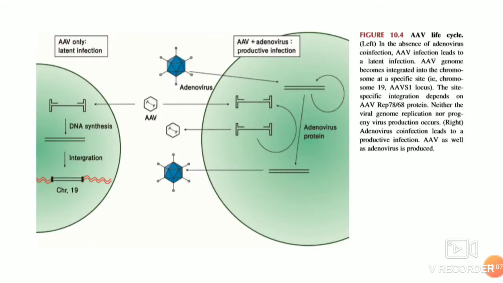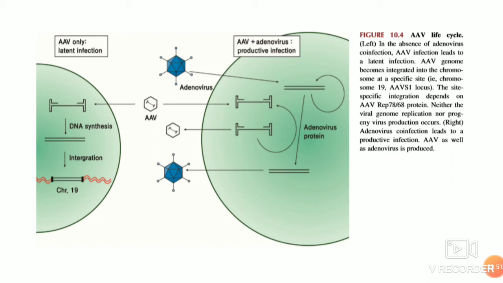Coming to the life cycle, here I have not explained the replication, that is how double-stranded DNA and then viral DNA is replicated, because in B19 I will be explaining the replication format, that is almost the same for the adeno-associated virus. So in the absence of adenovirus, if a cell is infected with adeno-associated virus, the DNA does not have all the coding sequences for the replication machinery. It uses the host replication machinery. The DNA is replicated to the double-stranded structure, called the replicative form, and using recombinases they are integrated into the chromosome.